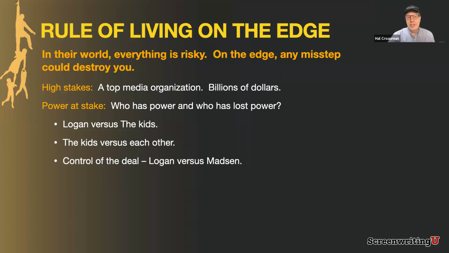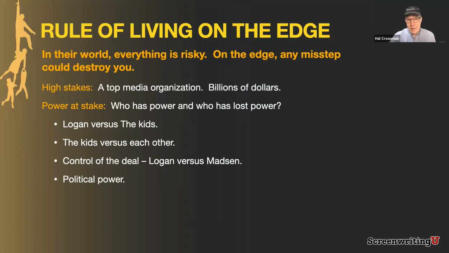And then it's control of the deal. This is Logan versus Mattsson. Then it becomes Shiv. Can't tell if it's versus Mattsson or working Mattsson or giving in to Mattsson. Then it's about the political power. Who's won or lost from a political perspective? And I'm not talking about the president winning. Yes, that was something that was going on. And they went through a whole episode where essentially the three of them gave that president his presidency.